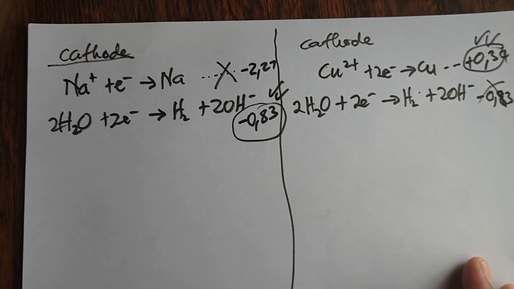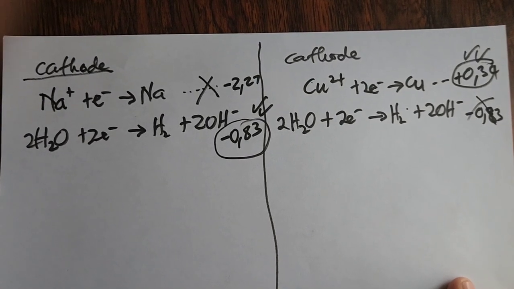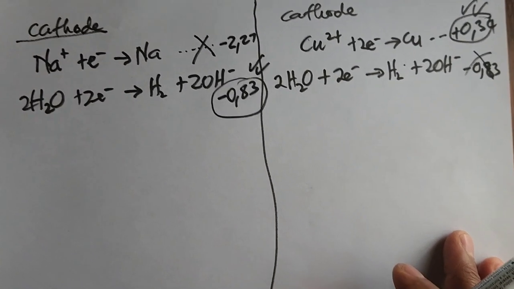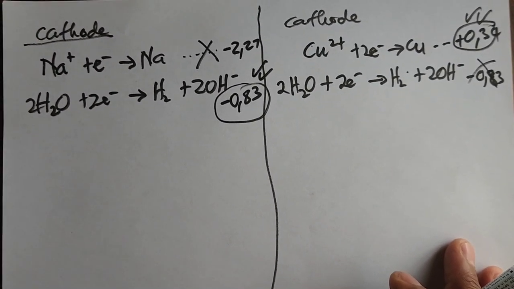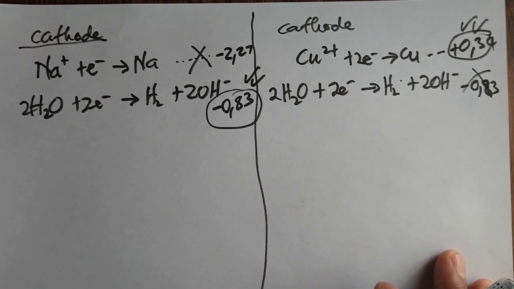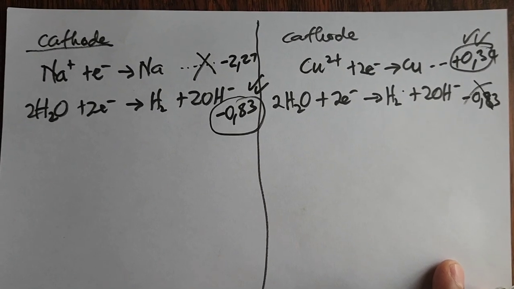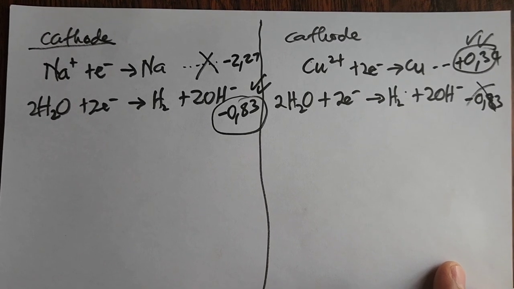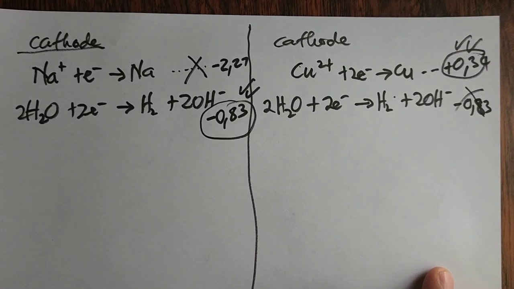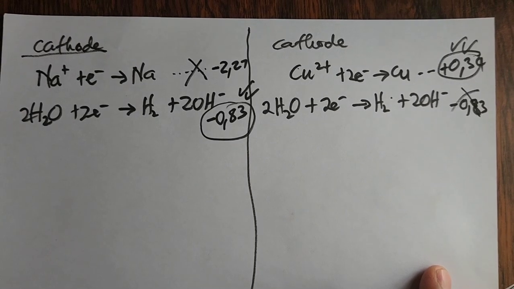Welcome back. Let's continue. We were still on the reactions that are taking place at the cathode of both electrolysis of sodium chloride and electrolysis of copper chloride. We said that sodium will not undergo reduction at the cathode because it has got less electrode potential compared to the water. That's why hydrogen gas will be formed. And then on the other one, we said copper will be reduced at the cathode and no hydrogen will be formed because